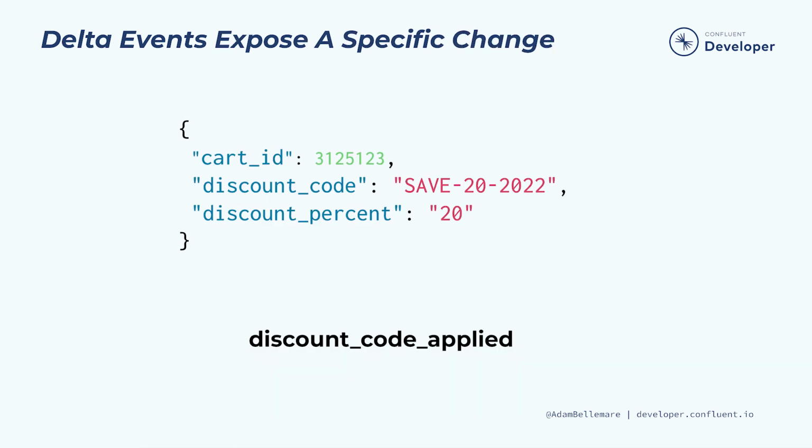We have already introduced the item added to cart event. But what about another operation that we might do in the cart domain? This is a discount code event, produced whenever a user applies a discount code. This event is useful for other applications that want to react when a discount code is applied. But you'd be correct to guess that we'd also need a discount code removed event to indicate when that code is no longer in effect. Delta events are good at capturing the intent behind the creation of the event and provides context for the event's